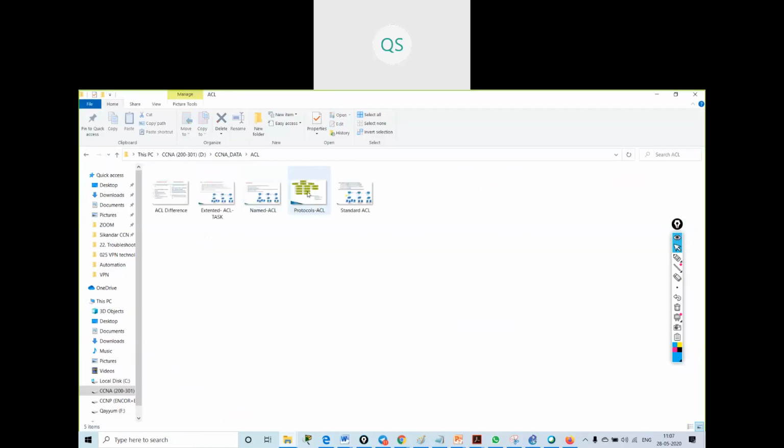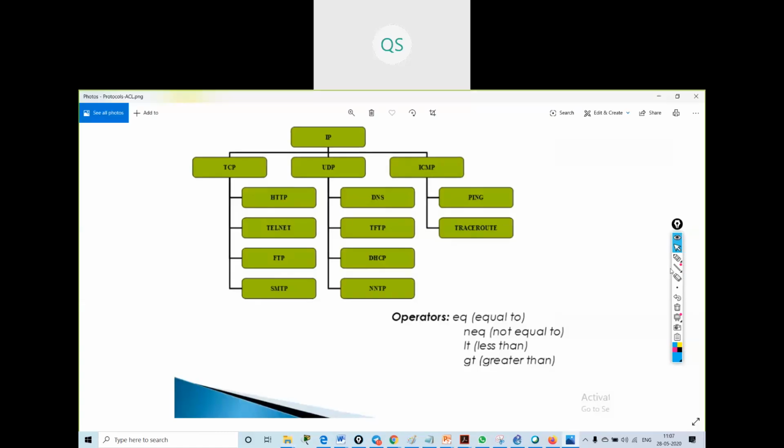Okay, so the protocols are somewhat like this. The main one is the IP protocol. Inside IP it is divided into three parts: TCP, UDP, and ICMP. Some of the TCP protocols listed over here are HTTP, Telnet, FTP, SMTP.